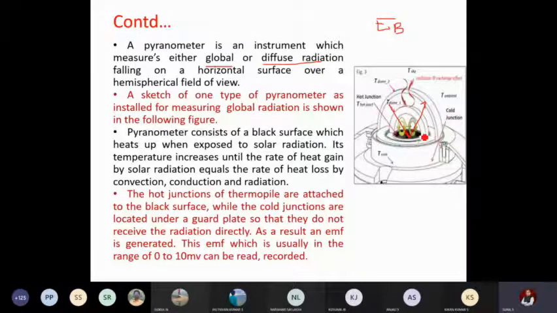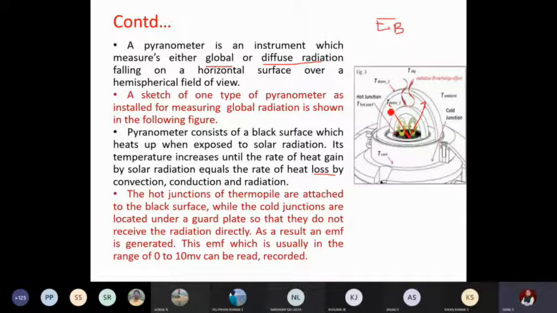The amount of heat entering is nothing but the solar radiation. The amount of heat leaving is the loss by conduction, convection and radiation. These are the modes of heat transfer. Conduction happens by direct contact, convection with the help of some medium, and radiation is the heat liberated. We will not discuss this in detail.